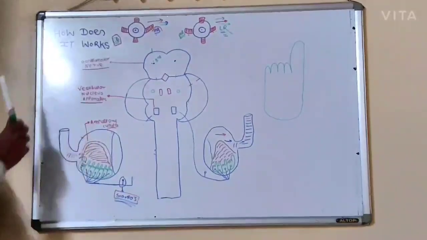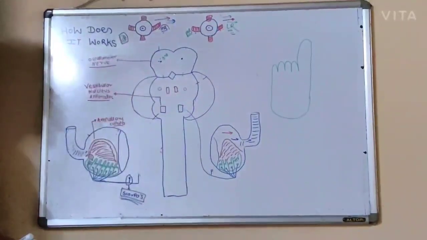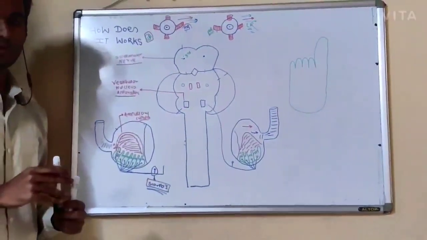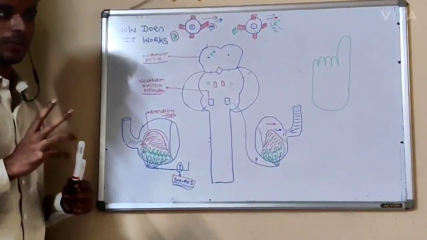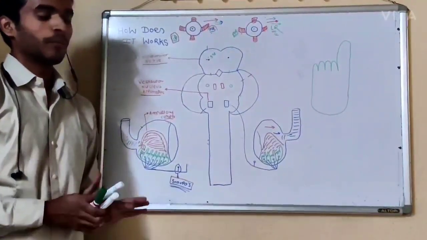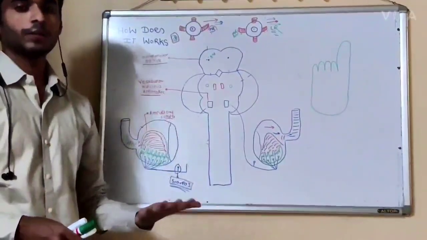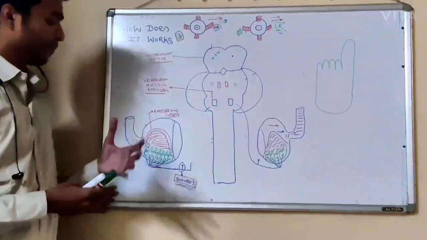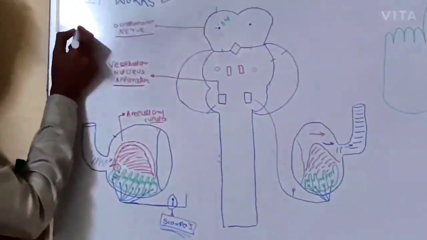Let us see how it works. First of all, this vestibulo-ocular reflex defines the dynamic equilibrium of the body. Now let us know what dynamic equilibrium is. While running, the image frame does not bounce along with the body posture. This is basically the dynamic equilibrium, and it is mainly maintained by the semicircular canals.